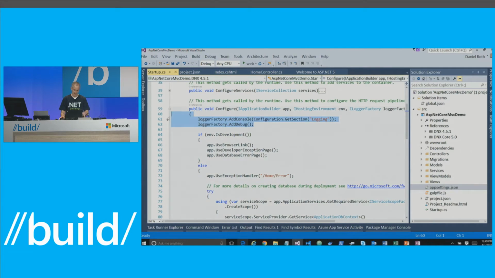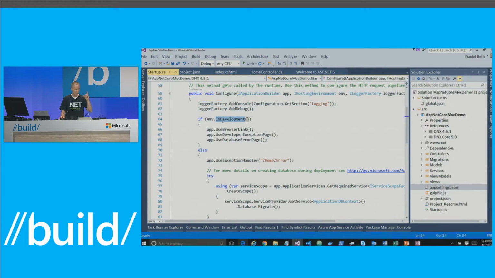First, we're setting up logging. That's hence all the nice logging output. We support the debug logging and also the console logger. Again, we're seeing that environment check. If I'm in development, I want to use these sets of middleware, which are nice to have a really productive